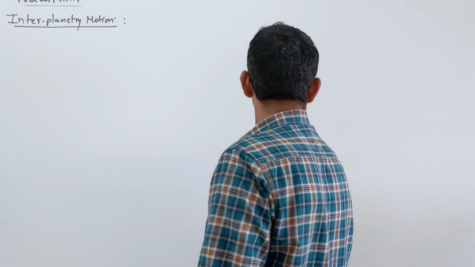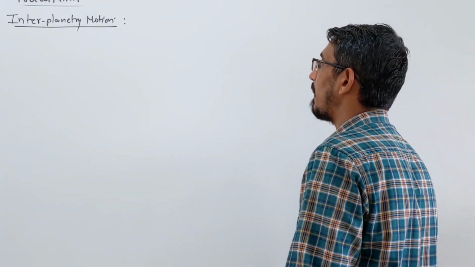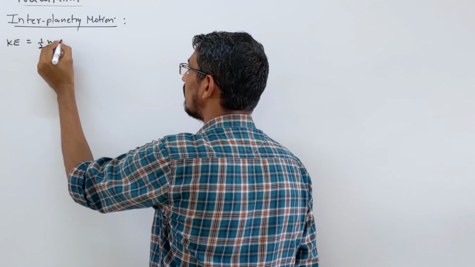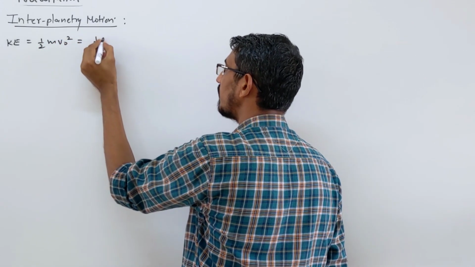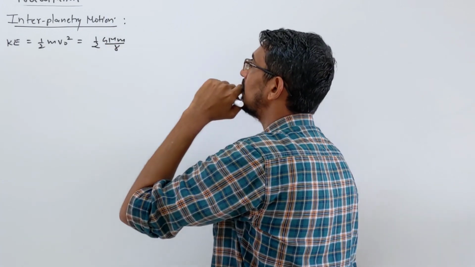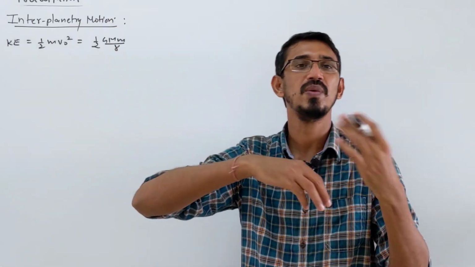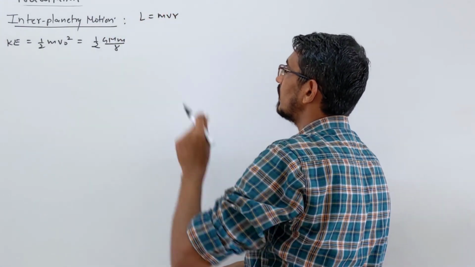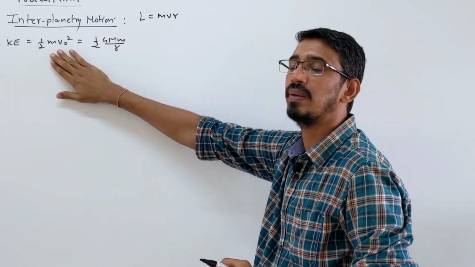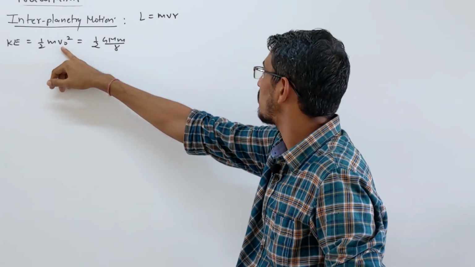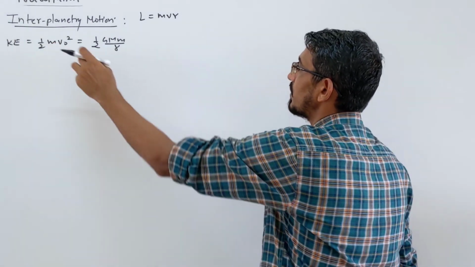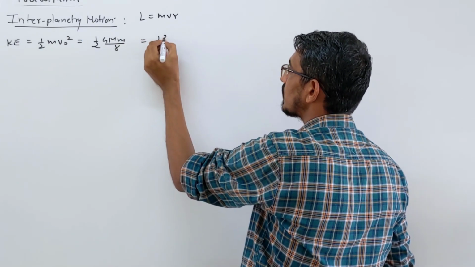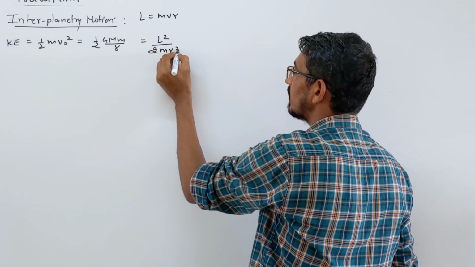So first, I think I did not write the answer here in terms of angular momentum. Let me write that quickly again. Kinetic energy I wrote as half m v square, okay. I can also write it as 1 by 2 g upon r. Then I am saying that you can write this answer in terms of angular momentum also, sometimes they can ask you. So angular momentum L is m v r. Look at this formula, we want to write it in terms of angular momentum. V square, velocity square is there, mass is there. So what you do, you multiply this equation by m r square and divide by m r square, so that you get this answer. Look here, L square upon 2 m r square.